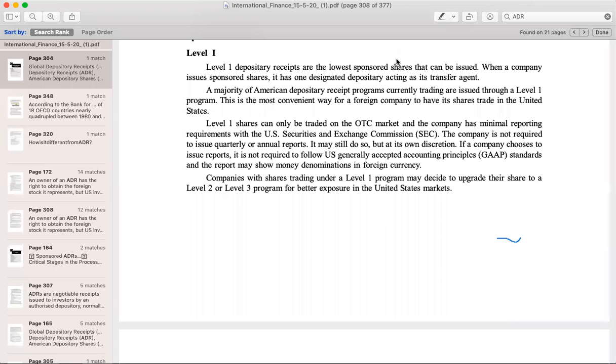And again, what will happen is level 1 ADR issuers can upgrade to level 2 when they list it with some stock exchange there. But again, what is the disadvantage in level 1 depository receipt? Subscription will not come much, it will not have so much popularity, because people may not have so much faith that they have in level 2 or level 3 ADRs. This is the disadvantage with level 1.